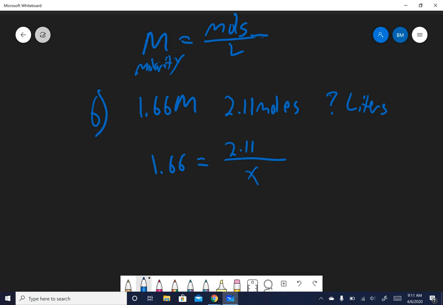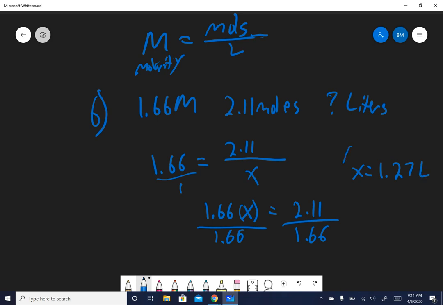This is a little bit harder with the math. You have to cross multiply and then divide, right? This is over 1. So it's 1.66 times X equals 2.11. Divide by 1.66, divide by 1.66. X equals 2.11 divided by 1.66, and we get 1.27